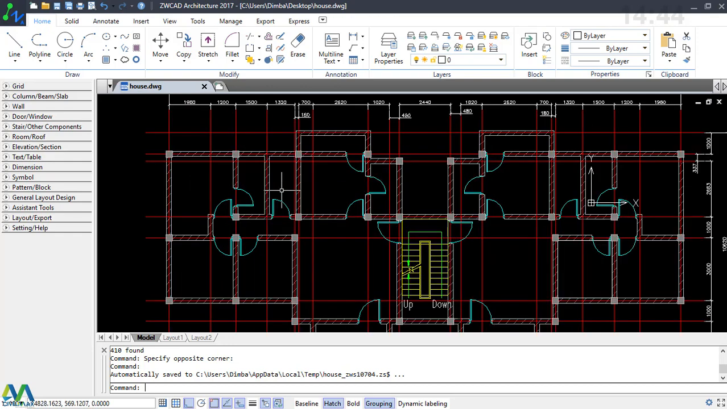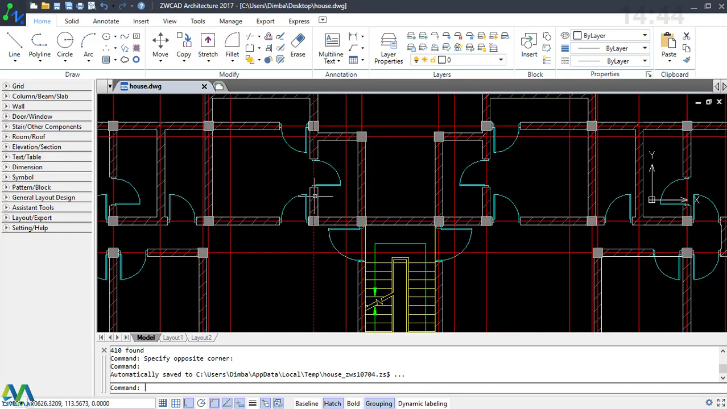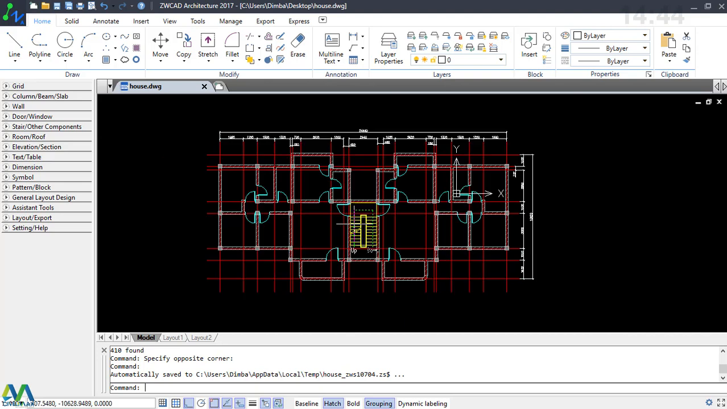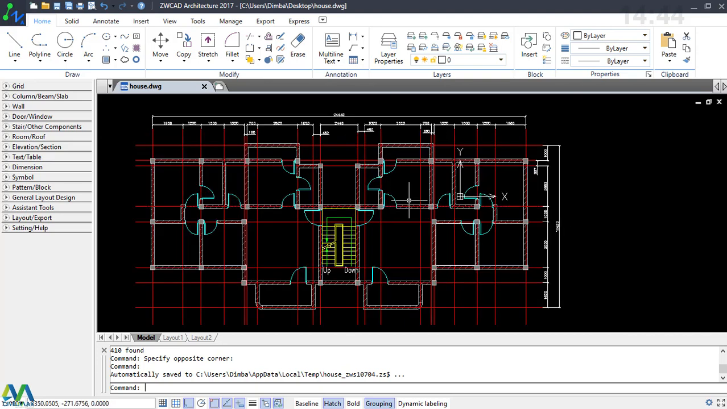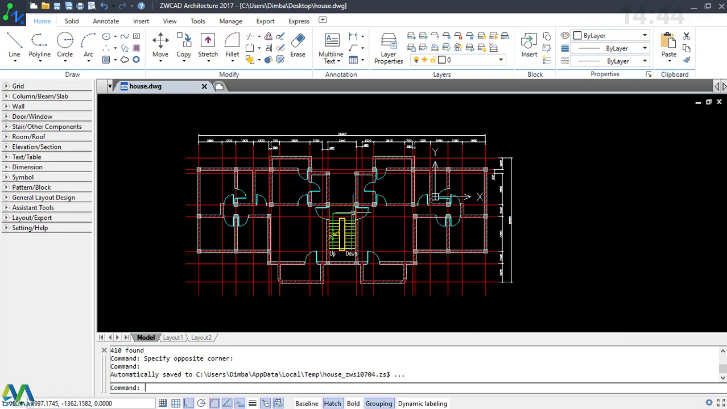Now, if you take a look here, I have a plan. This plan is for 2 families per floor. So this is a 3-bedroom with an access staircase here. Now this will go up to